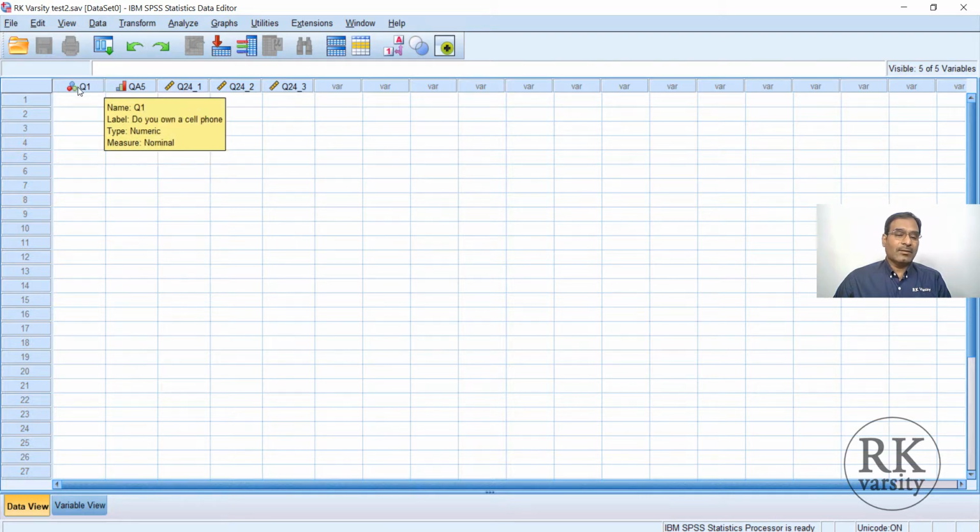Once you highlight this variable, you can see its features. Name is Q1, label is there, then type and measure. So here you can enter the data. So this is simply defining variables in IBM SPSS statistics data editor.